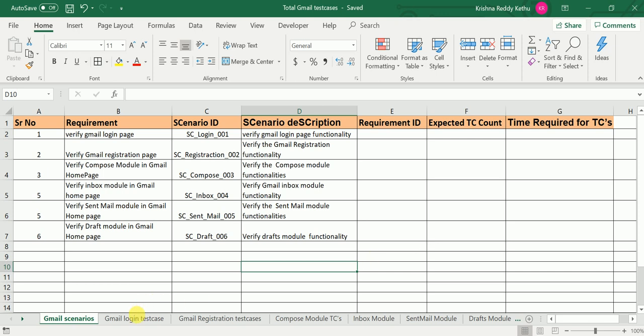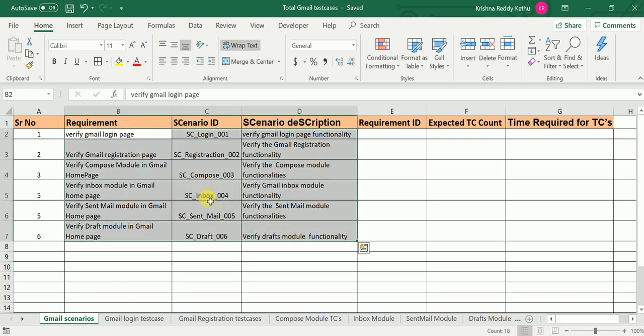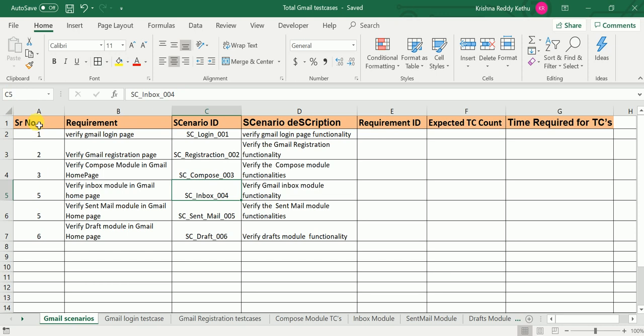Coming to the login functionality, these are all our scenarios. Let me explain the scenario template: serial number, requirement ID, scenario ID. Each and every scenario will have an ID. Then scenario description, expected test case count, and the time required for test cases. The requirement ID we get from the requirement document.